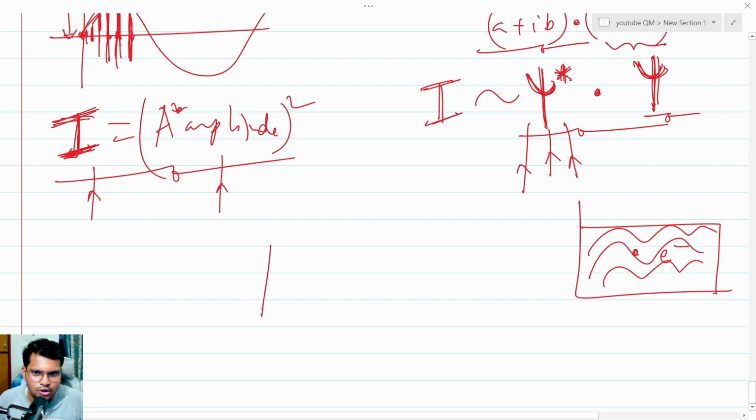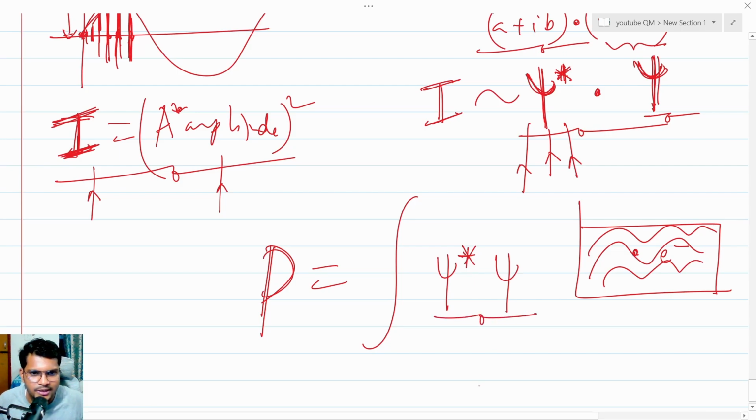Therefore, I will say that this intensity is nothing but probability. Take the wave function's complex conjugate, psi star psi, over the degrees of freedom, dx, dy, dz, whatever you want. If the box is bound from 0 to L, or if it is unbound, or in the complete universe you put an electron, you integrate from minus infinity to infinity. Or in the box, you say that you want to see whether the electron is there or not, and the probability must be